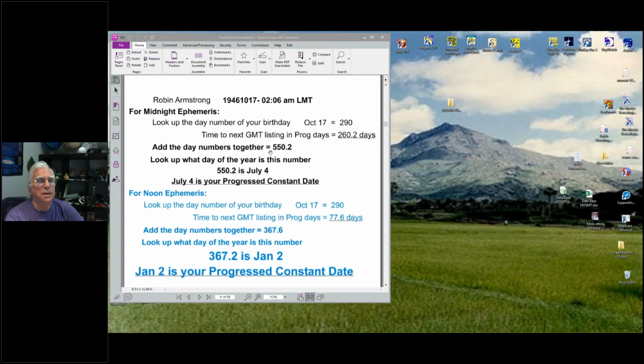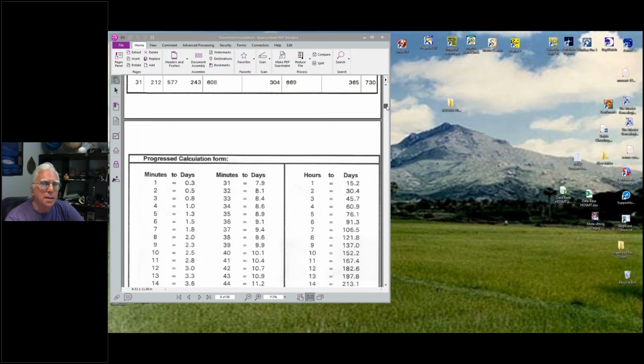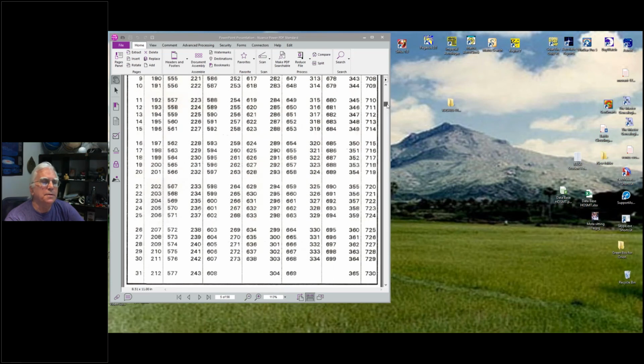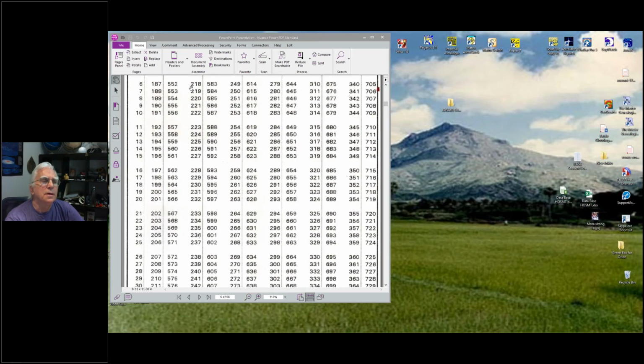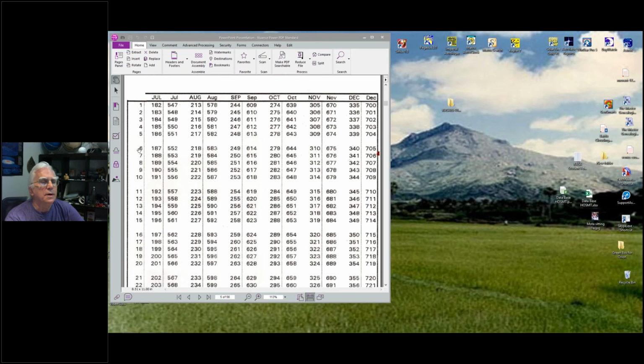So I add these together, a day 550.2. Okay, I look up what day of the year this is. We go back up to this table, 550.2. We go back to this day for the year. 552 is, let's see, here we go. 552 is July 6th. So if I'm using a midnight ephemeris,